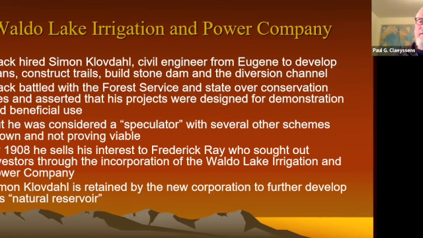You had to actually have a benefit. You just couldn't do it for the sake of engineering. And he was considered more of a speculator. So I think he was trying to promote this as an opportunity so he could sell it to someone else, which is in fact what he did